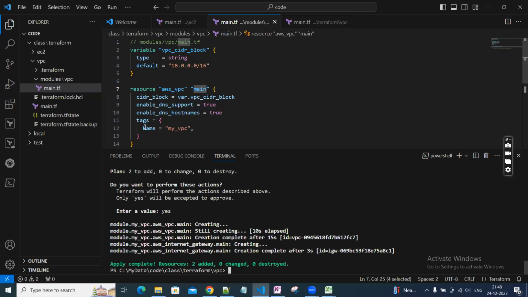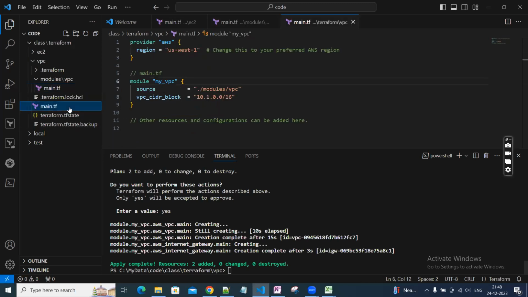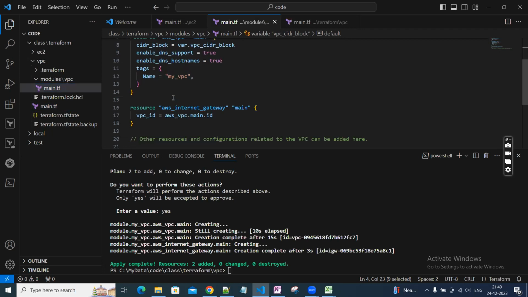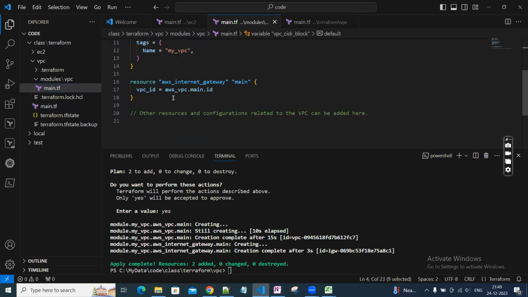So if I take you here, whatever values we are passing to this module, it has taken those into effect, and it has not used the default, which is this one. So if we are not specifying any values, it will basically take the default. So this was a quick demo of how we can create a resource, specifically a VPC resource and internet gateway, using